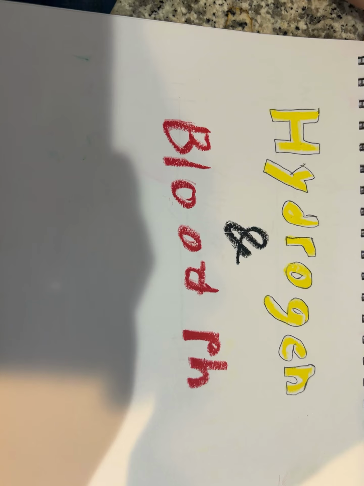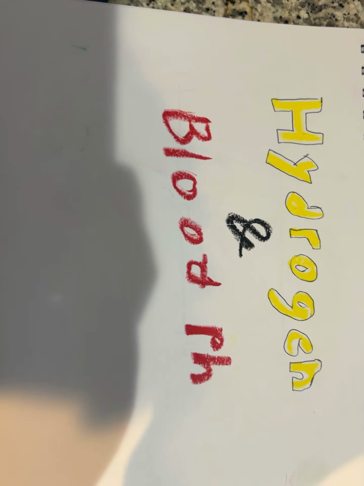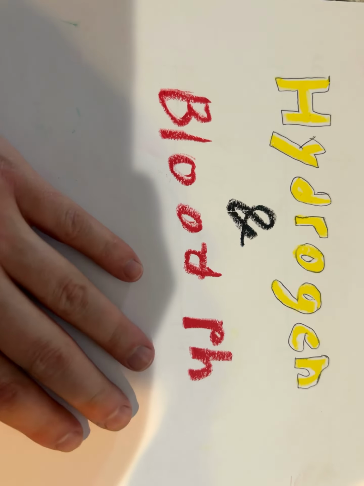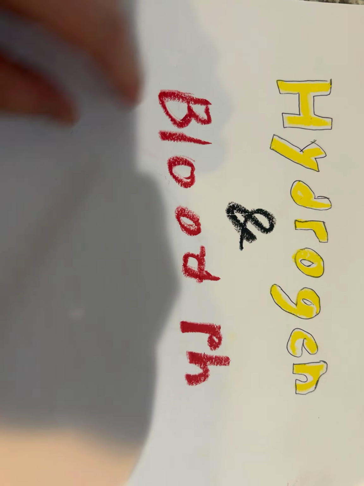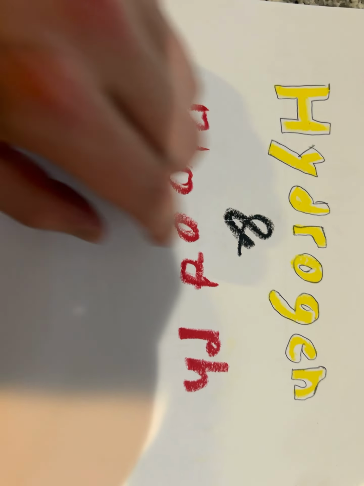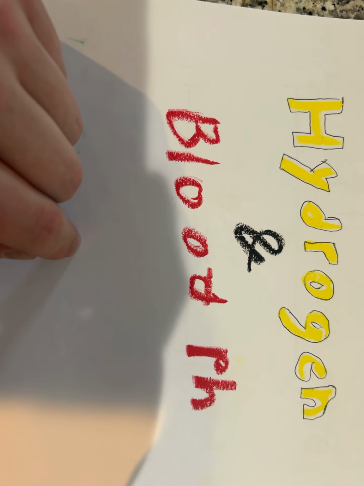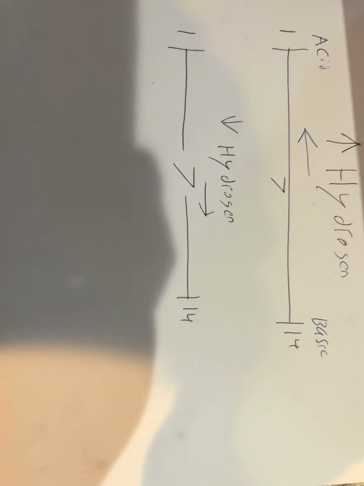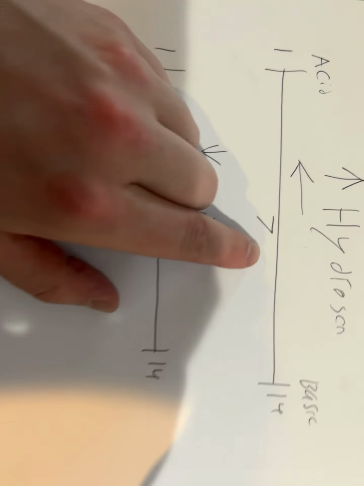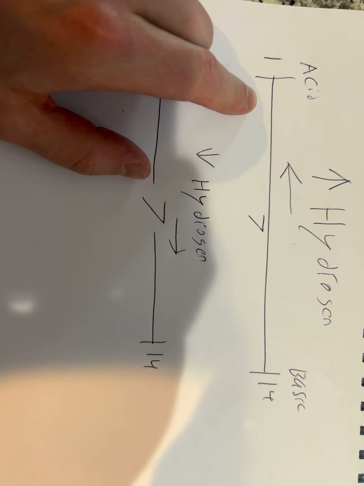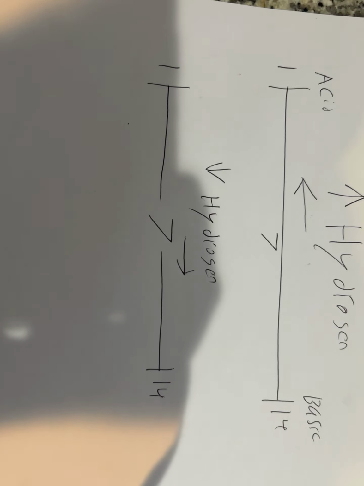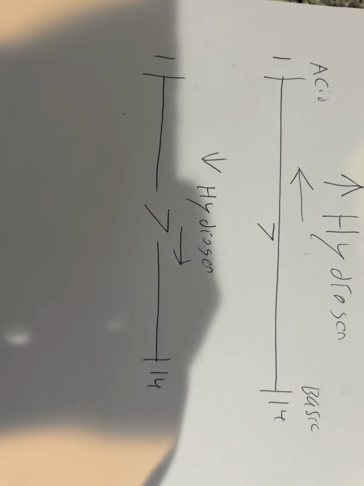And that leads us to hydrogen and blood pH. So, as I just discussed, hydrogen ions are a side effect of the CO2 being in the system, from it going to carbonic acid into bicarbonate, and then the hydrogen ions. Now, because there's more hydrogen in the blood, the acidity goes up, and remember, it needs to be between 7.35